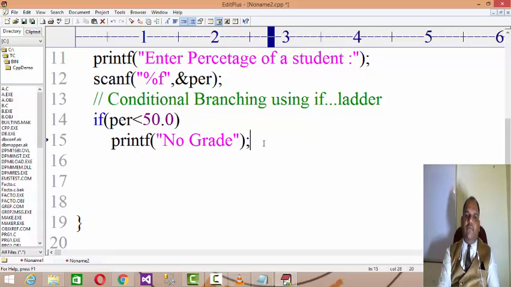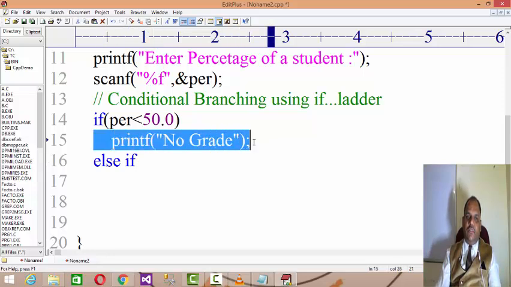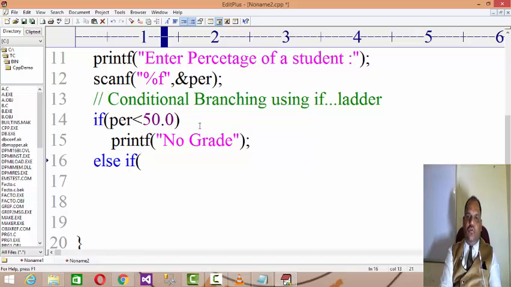Here you are starting from the lower end, it's like bottom to top. So in this case you have to build a condition from the lower scale, it's a slab level processing. So if percentage less than 50, then no grade. Then else if you have a single line block in a process, there is no need to write the curly brackets as well. So if it is not less than 50, obviously your percent is more than or equal to 50. So the next slab level is percent less than 65.0, because your percent is float, that's why I'm writing 0.0. Then you get the grade,